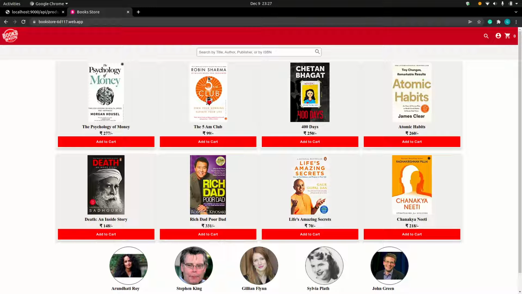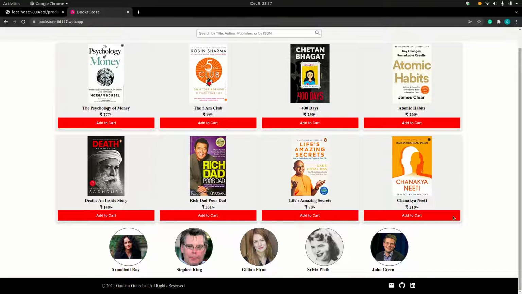Yeah, so myself Gautam, I have made this app. It's a web app, a basic book e-commerce application. How this works is we have this front end. Suppose we want to add some products to our cart, so just quickly